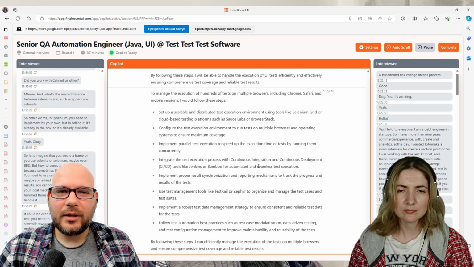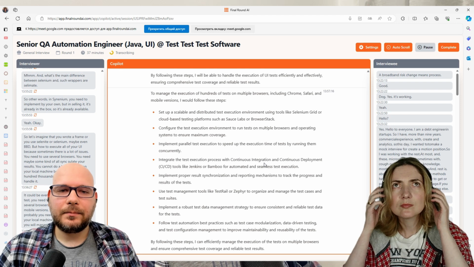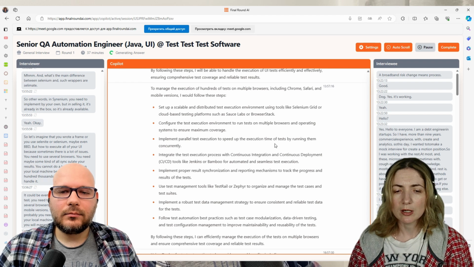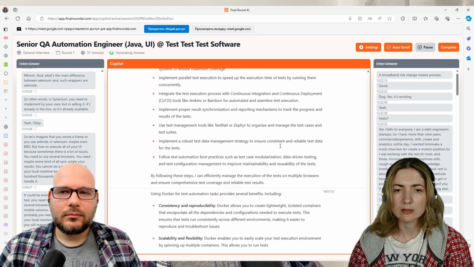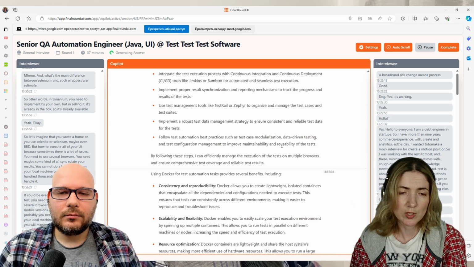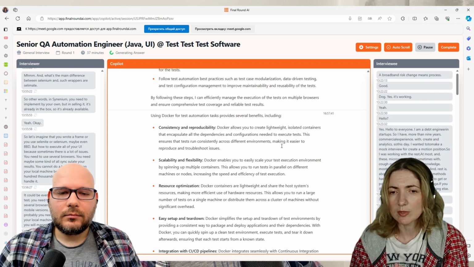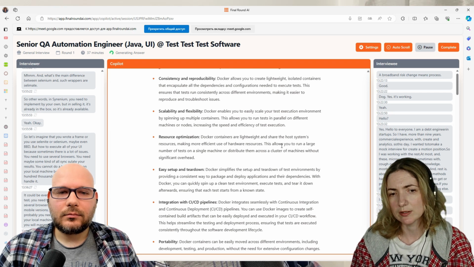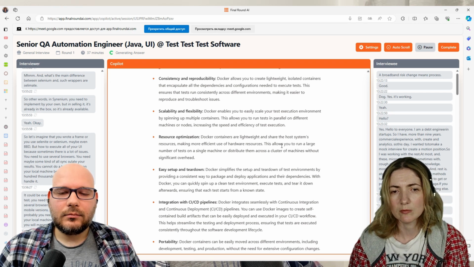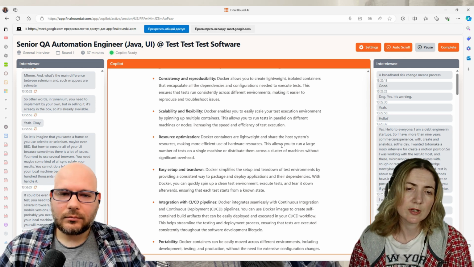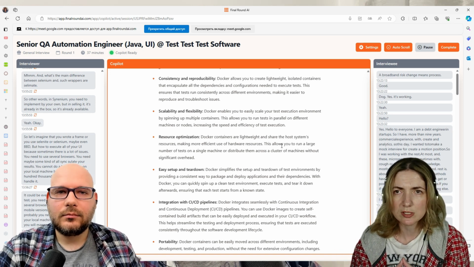Mm-hmm. And why did you mention Docker? What's the benefit of using that for that task? It's very useful because every container can have its own infrastructure, operating system, and browser, and you can run some tests in one container with Windows, maybe one container with Linux, maybe one container with Firefox, and one container with other browsers.